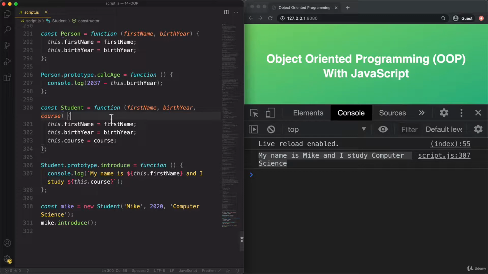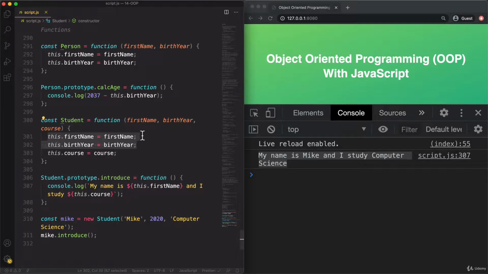However, there is one thing that we can and should improve here in our student constructor function. So right now, this part of the code here is basically a simple copy of the person function constructor. So of this one that we want to be the parent class, right? And as you know, having duplicate code is never a good idea. First, because it violates the don't repeat yourself principle. But second, and even worse in this case, is that imagine that the implementation of person here changes in the future. Then that change will not be reflected in the student.